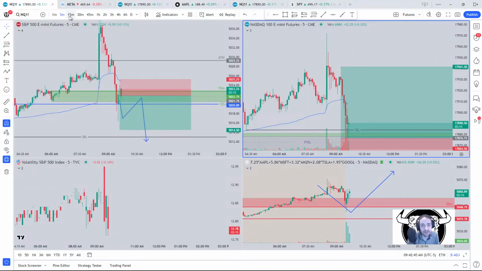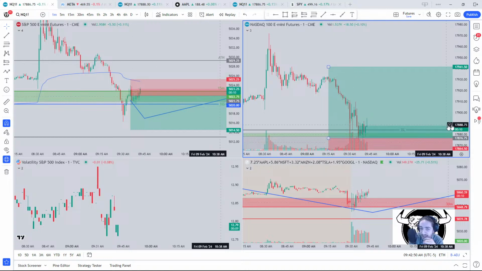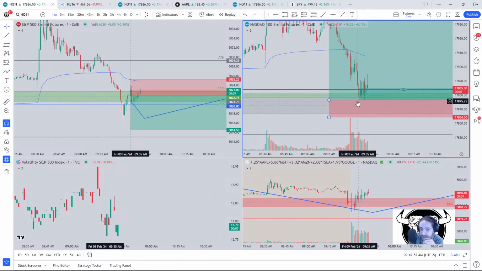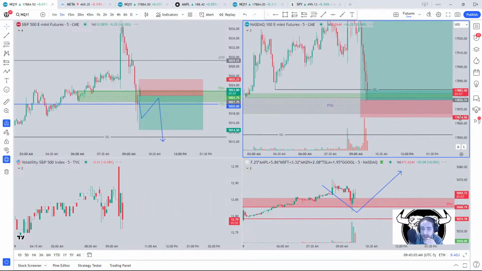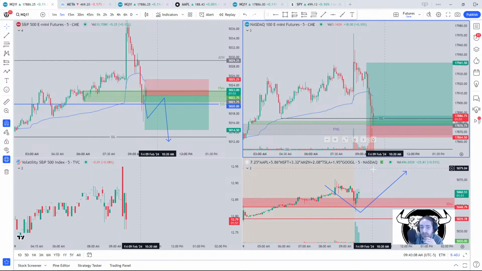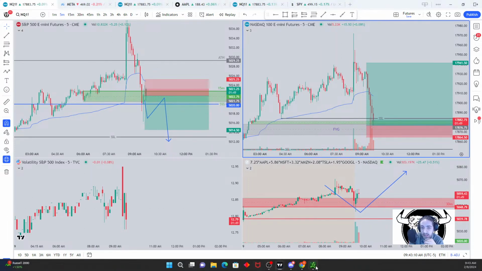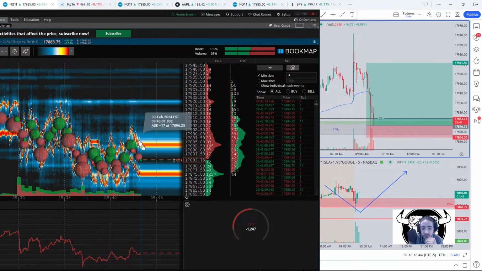876. So again, if we reverse here, it's always an if, right? Because the market still has not made its move back higher. I got in on these wicks right over here. 7675, literally right there. So again, if we want to push back higher, big if. Bears have been pretty strong. The thing that's keeping me bullish is the weighted indices, and Bookmap is trying. Could tell that buyers are trying to bring us higher, but we're in this range right now. So I'm staying patient. 1 minute 40 left.